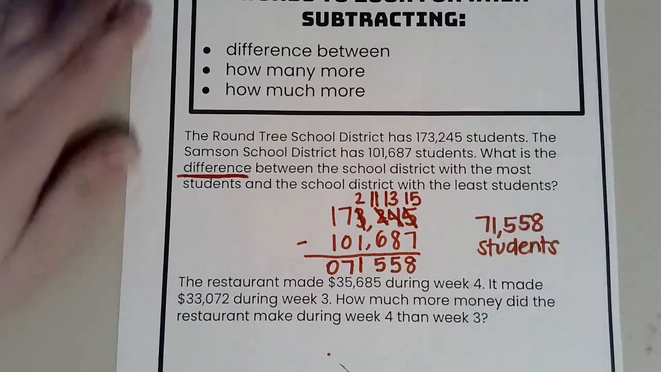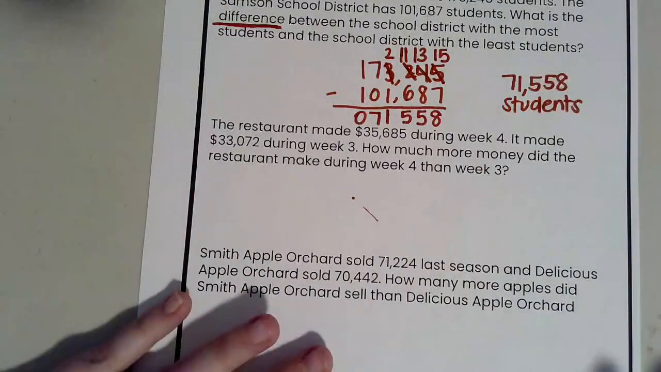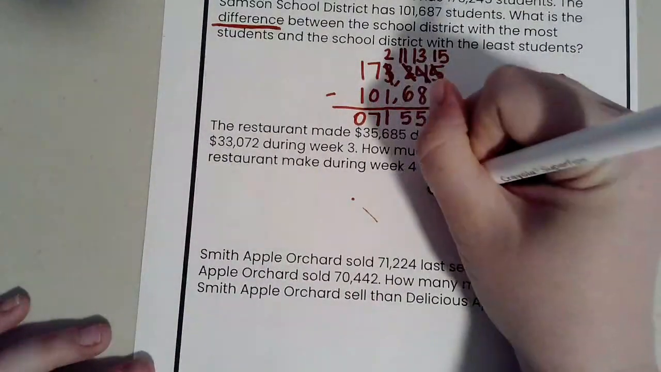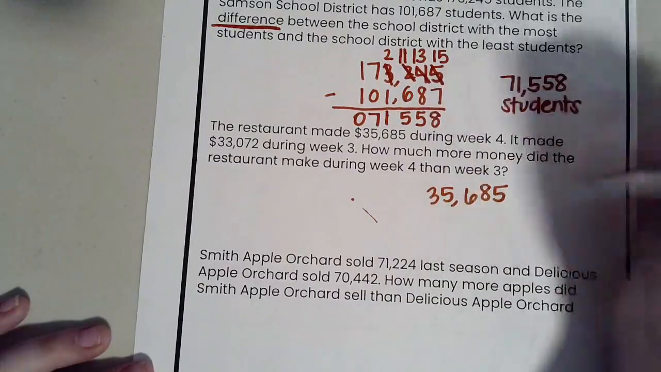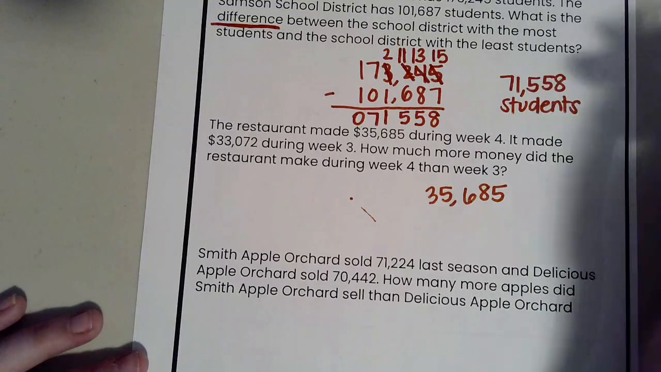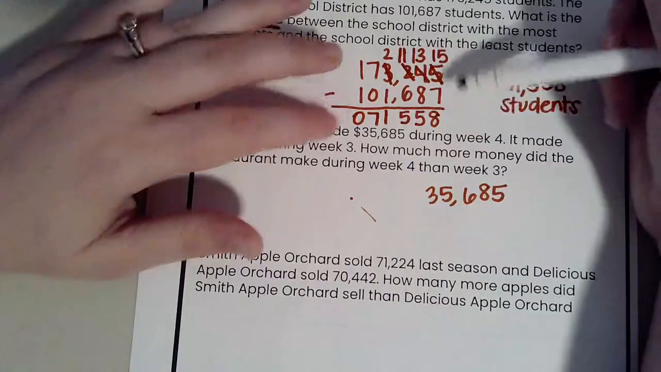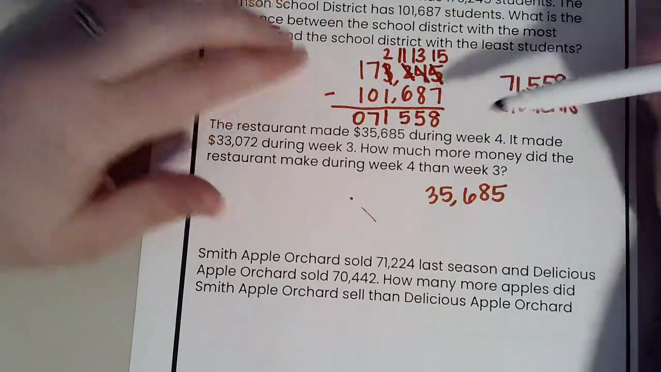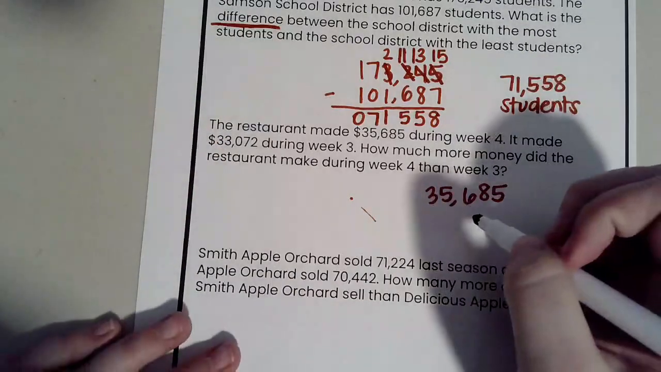Okay? All right. The restaurant made $35,685 during week 4. It made $33,072 during week 3. How much more money? So just like with this one, it's different, but this time we're just trying to figure out how much more did the restaurant make during week 4 than week 3. So